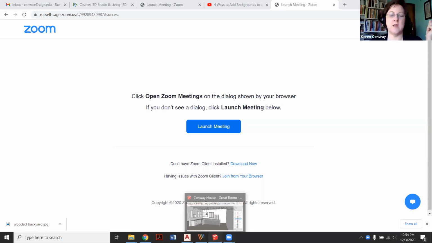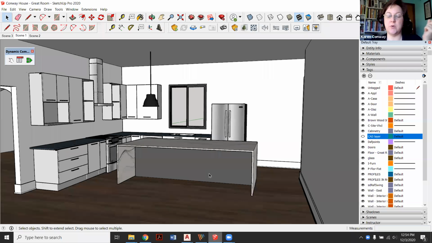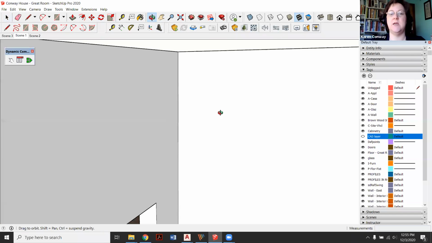All right, I'm going to do a quick demo on how to put background images into your SketchUp model. I'm going to send you a link to where a guy goes through like 4 different ways to do this, but he does the first one rather quickly, and I'm going to show you a couple suggestions I have to that one. The first one is the simplest, but I feel like it gives you the most options to manipulate